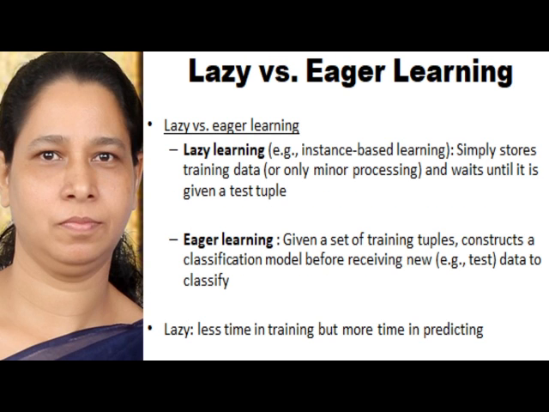Now coming to lazy learning versus eager learning approach. Lazy learning is learning from your neighbors. In classification, one of the inputs is training data having class labels. The other input is a tuple whose class label is to be identified. When the eager learners get this input, they will create a model based on the training data. Then they will use the generated model to identify the class label of a test tuple.